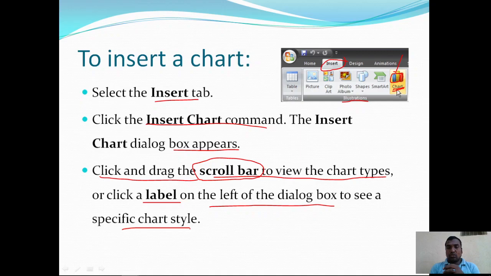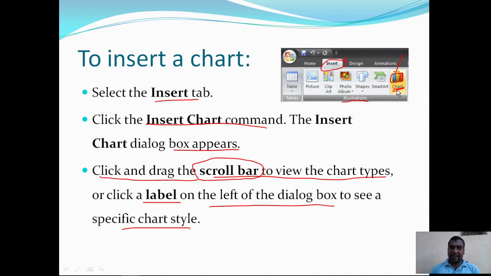So after opening the Insert Chart dialog box, you can use the vertical scroll bar to view various chart styles or types. Choose any one of them, or if you want to go with specific charts, those charts are grouped based on similarities and labeled with names.